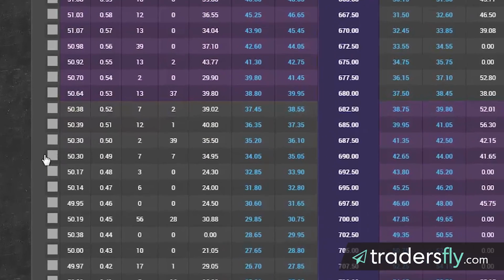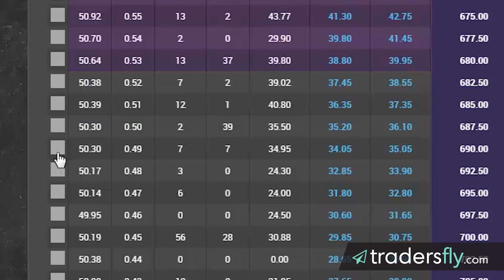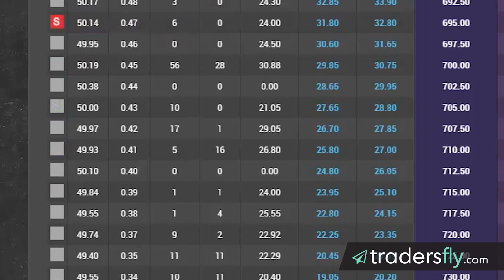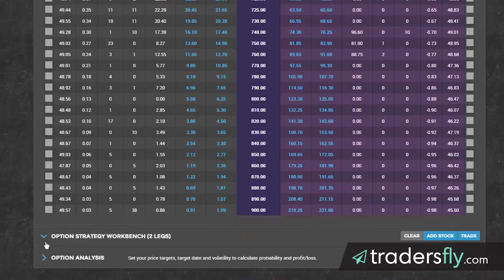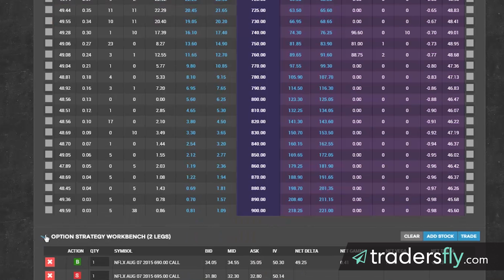So what I'll do to pick my options, let's just say we're doing a vertical bullish spread. So I'll buy one and then I'll sell one at a higher price. In order to do that, you have to click it twice. Notice when you click once, it's a buy, then a sell, then back to even. So we'll go to the sell, and now as we scroll down, you can go to the option workbench,